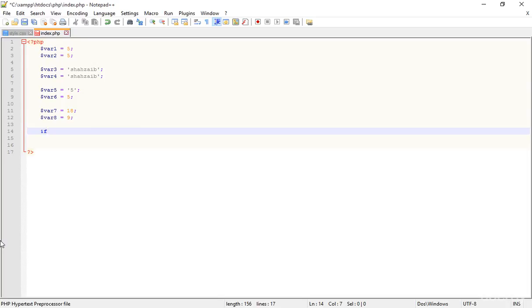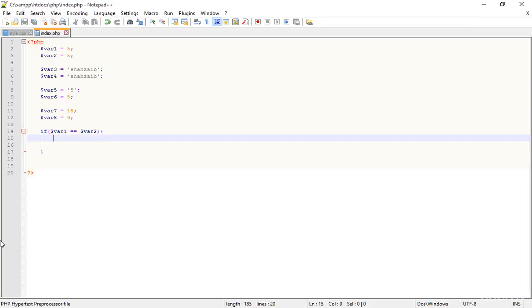Simply just call the if, and inside the if just call the var1. At this time I'm just using simply the comparison operator, and here I'm just putting the var2. Yeah, in this way, var2. This is the perfect way, and obviously var1 is equal to var2. As you can see, this is 5 and this is 5 as well, so this echo should be shown